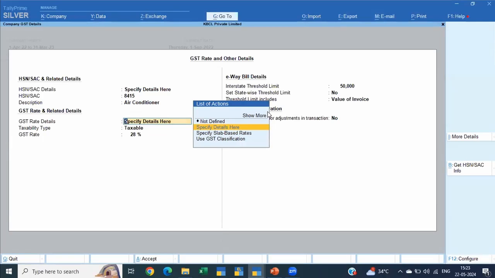Now, the reason: if you see, earlier HSN and rate information collided. But now HSN information is separate and rate-related information is separate. The reason being, for the same HSN code you might have two different rates. So for that reason, the rates and HSN have been separated, so that you can have the same HSN information, but the rate alone can vary according to the requirement.